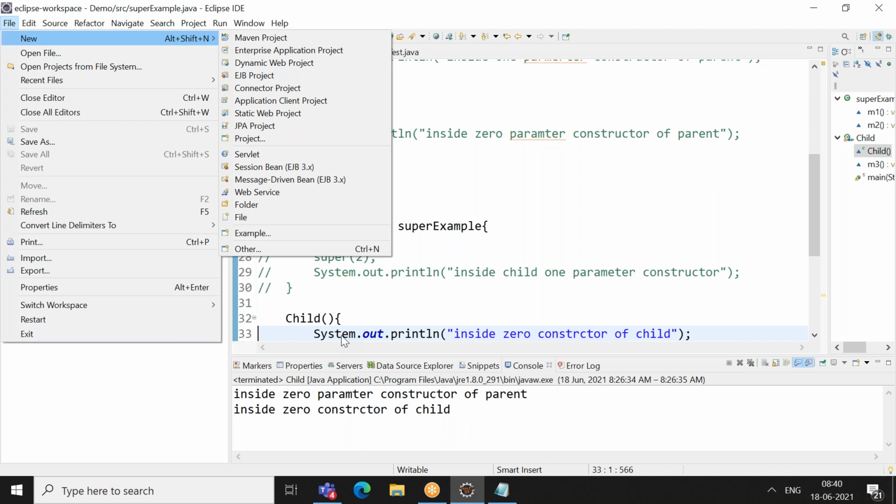Sure. I don't have Java EE, so I need to uninstall and install again. Yes, it's a simple task. Uninstall this, and whenever you install another Eclipse, it will give a pop-up. As I told you in the beginning, it will ask whether you want standalone, or web, or enterprise. So select web or enterprise in the pop-up, and it will download that particular Eclipse. Okay, sure, it is very simple.